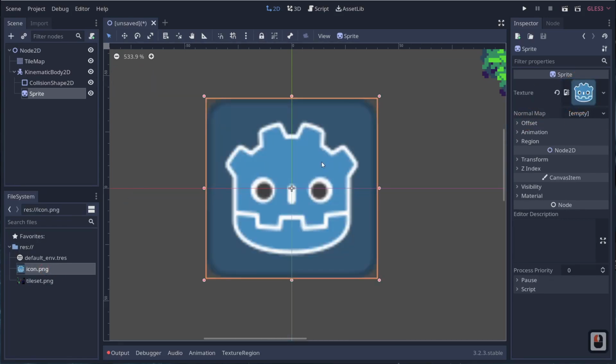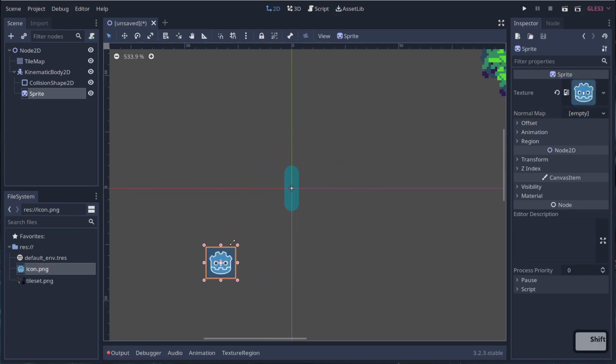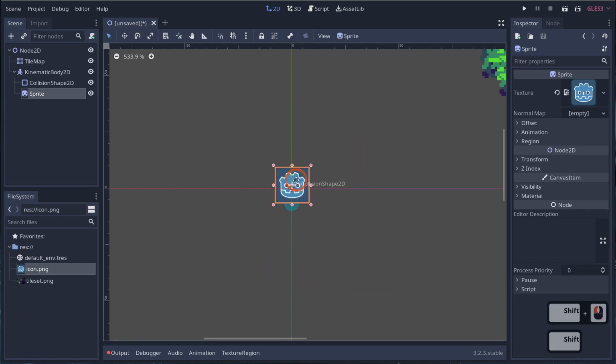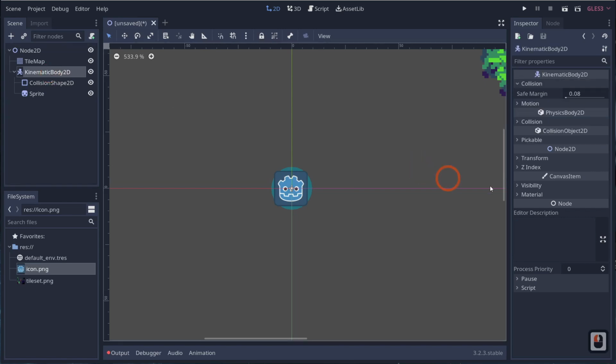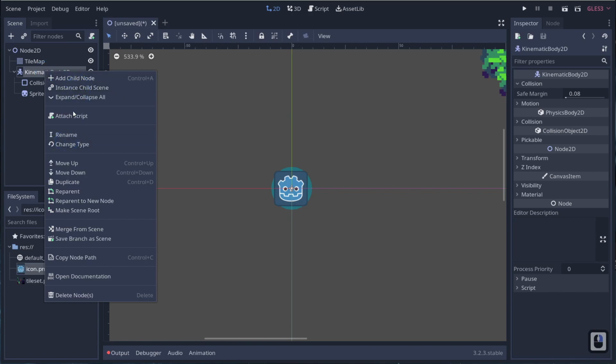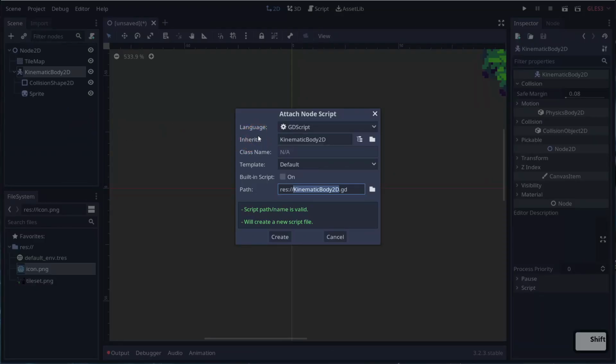So we'll add that as a texture, and we'll use the Godot icon as our little character. Let's make it a little bigger, something like this. And let's change our shape to be a touch bigger, like that, to encompass the character. Now if we right click on this and attach a script, we're going to call it